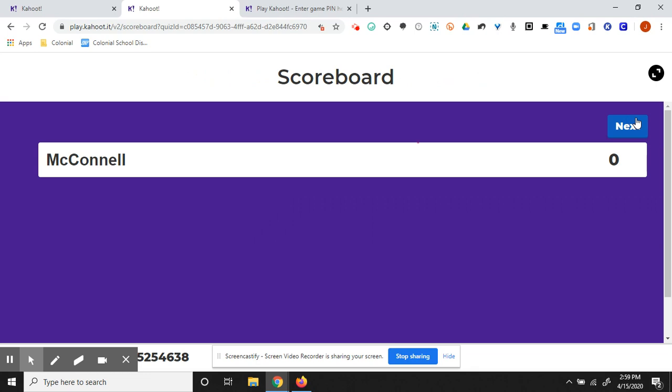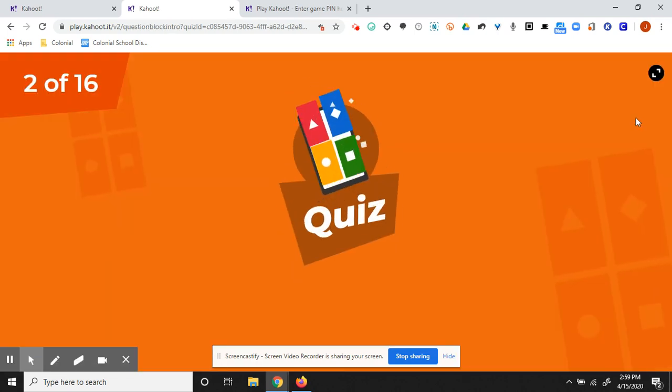And on this screen, it shows the order of students and how many points they have. It can get competitive because the more points that you get, the quicker that you respond to an answer, the higher your level will be on the scoreboard. So students will try to get super quick and the correct answer so that their name will show up on the scoreboard spots. On my next question: